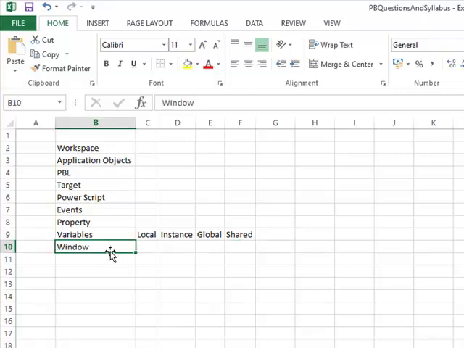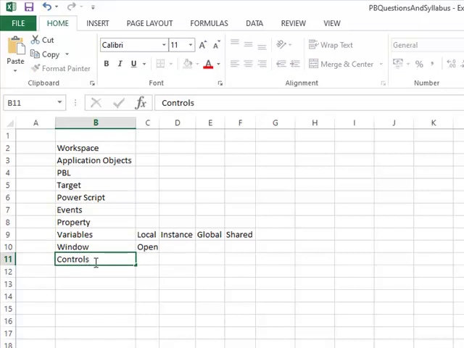Okay, Windows. In Windows, what you have seen is how to open a window, using the open function. And then what else have we covered? Controls, right?